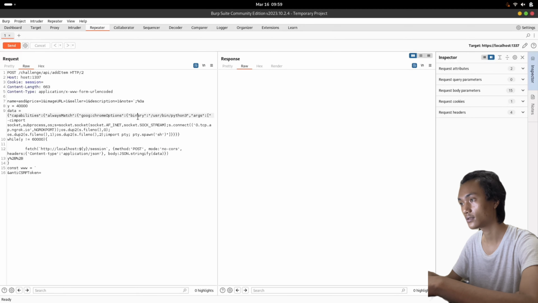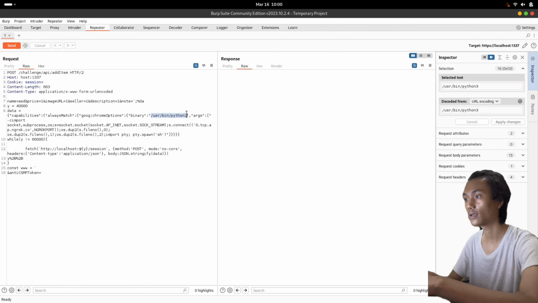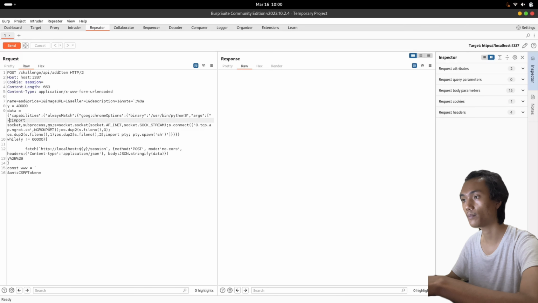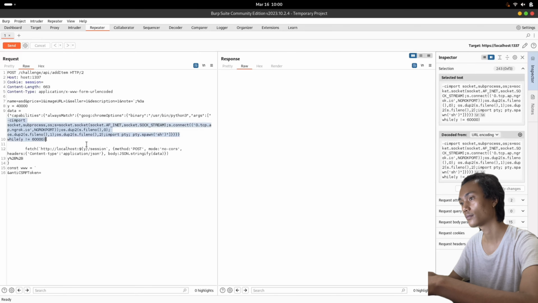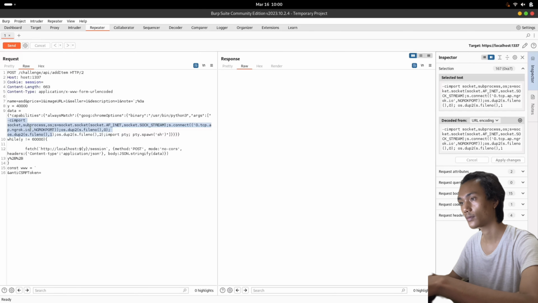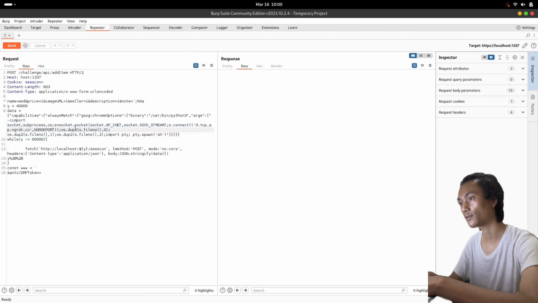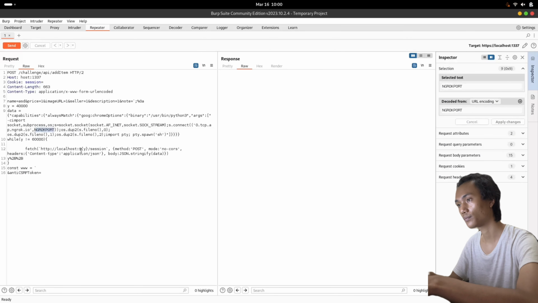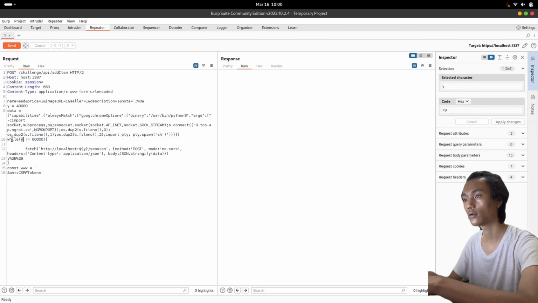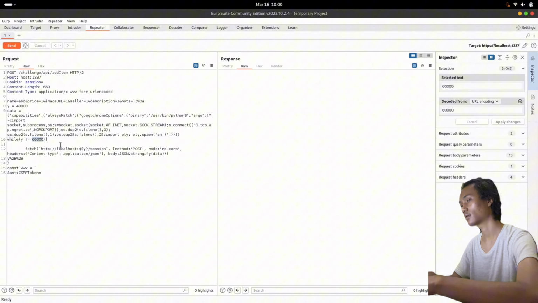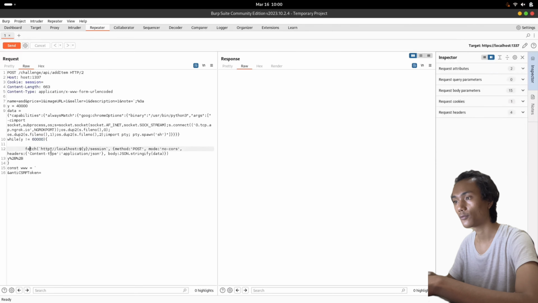So you can see here, we specify the binary as Python 3, and for the argument, this is the Python reverse shell script. Import socket, subprocess, os, and open the socket to our ngrok host with the port, and so on. Then while the port is not yet 6000, we fetch